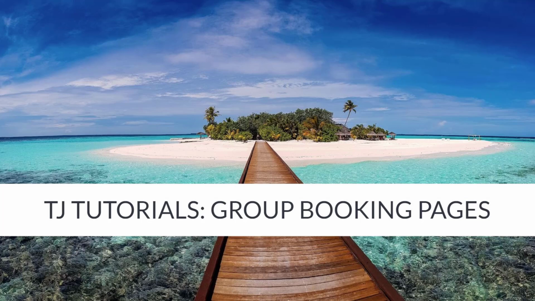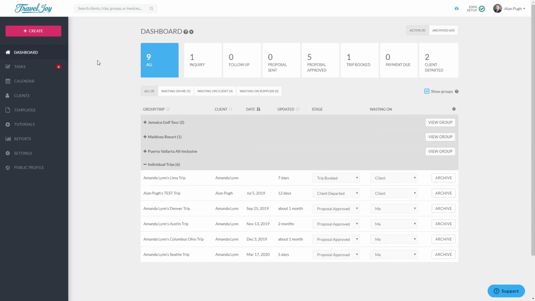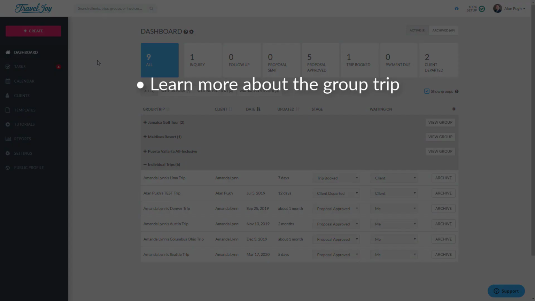TravelJoy group booking pages allow an agent to set up a page once per group and allow all of their clients to learn about the trip and book it in a few simple steps. When a client visits a group booking page, they can read the group's description, itinerary, and policies, see pictures, videos,